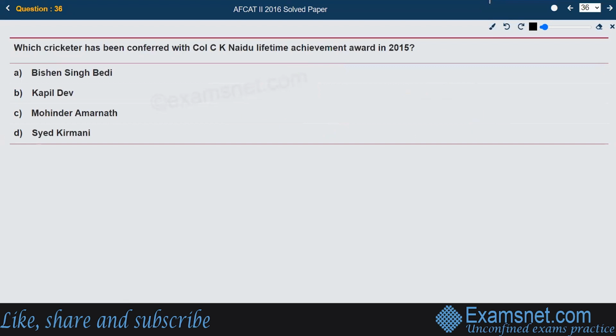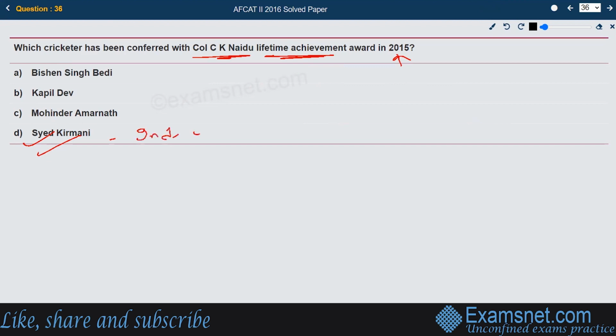Next, which cricketer has been conferred the Colonel C.K. Naidu Lifetime Achievement Award in 2015? The right answer to this question is Syed Kirmani. He was a former Indian wicketkeeper in the game of cricket, and he had recently received the Colonel C.K. Naidu